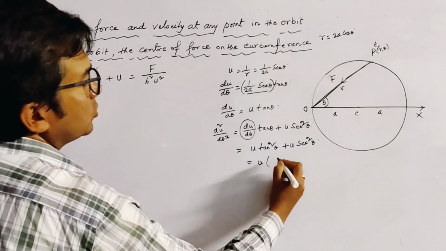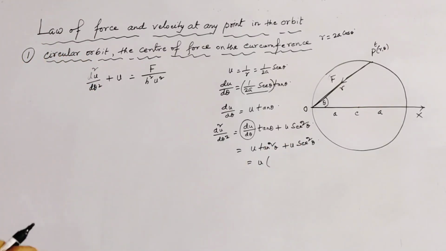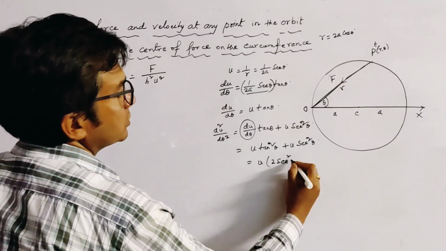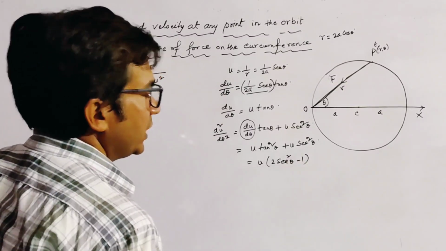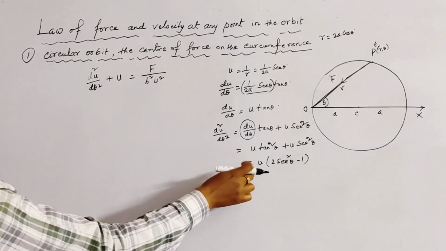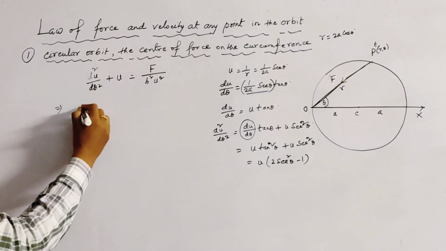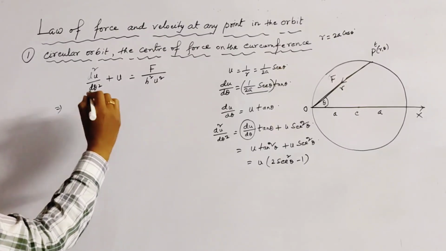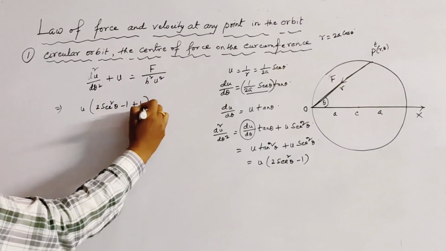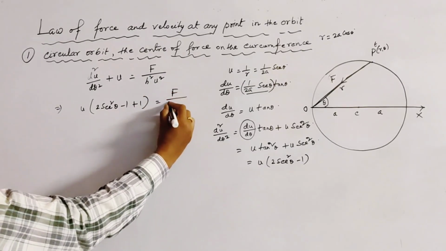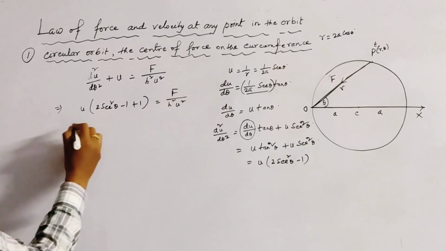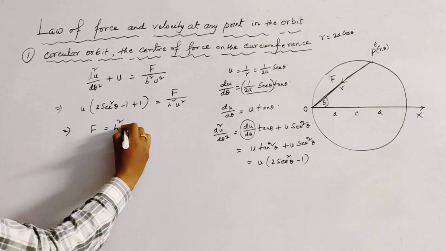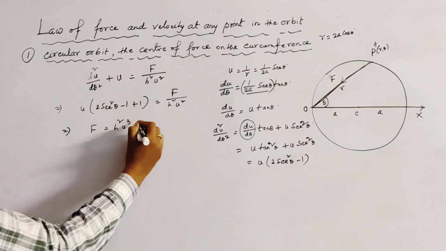And u tan squared theta, where tan squared theta means sec squared theta minus 1, so we get u into 2 sec squared theta minus 1 plus u, this is equal to f by h squared u squared. That is, f is equal to h squared u cubed into 2